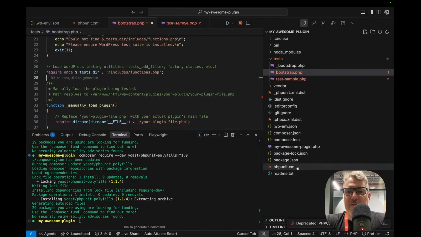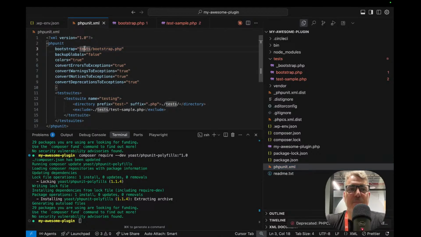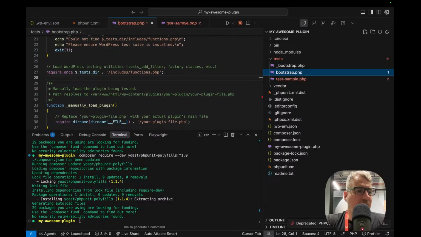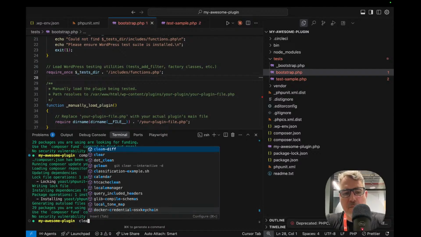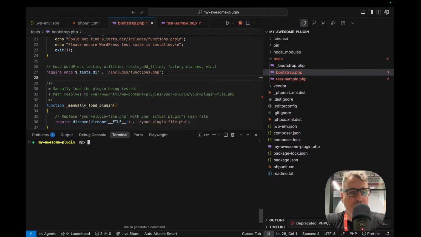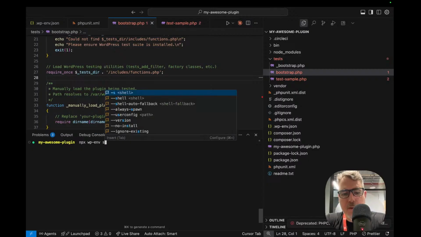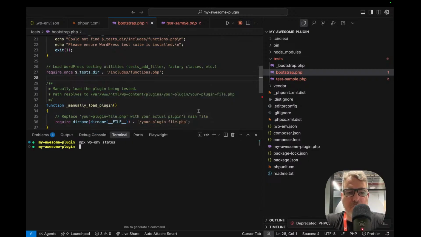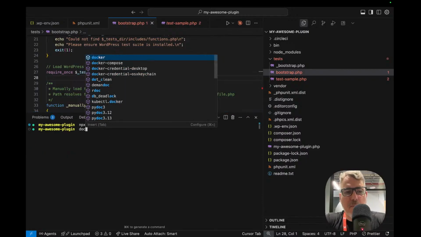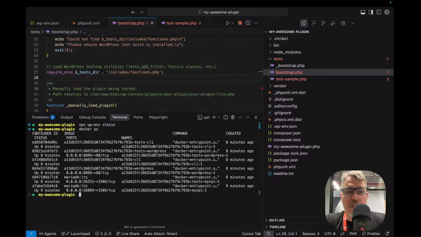So we have the PHPUnit XML, which points to the test bootstrap PHP, which is here. And then what we can do is first run npx wp-env status. We can check Docker,